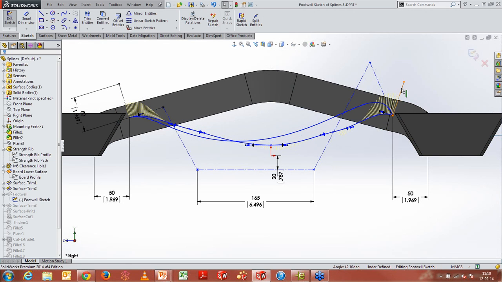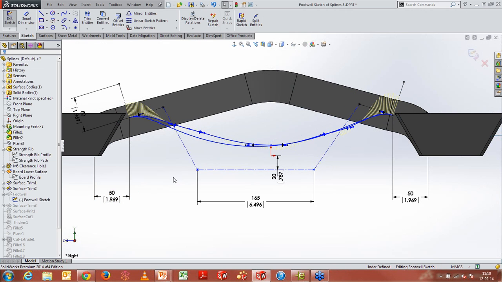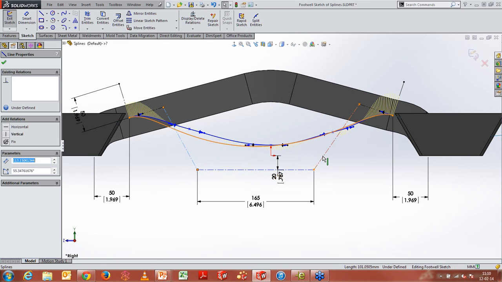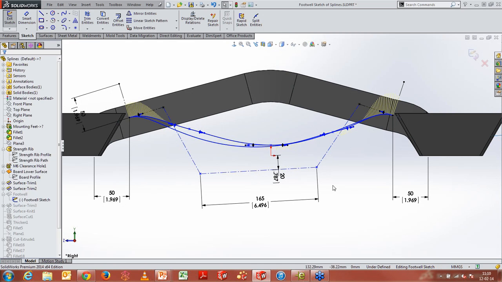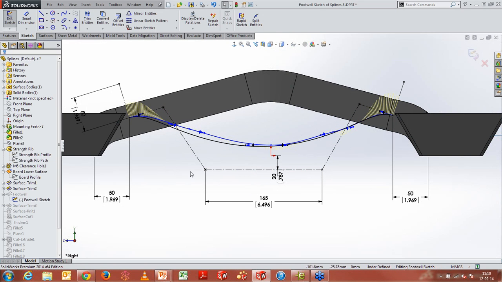The same applies for the other part as well. I want it to be perpendicular as well as equal. I want these two to be equal again, and I want this to be horizontal. So once I see this, I can see that